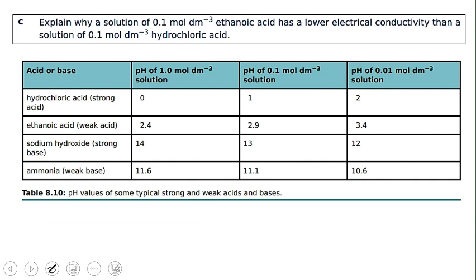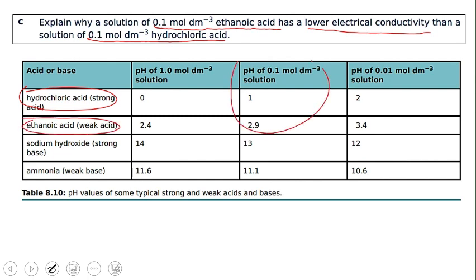Part C, explain why a solution of 0.1 mole per dm cube of ethanoic acid has low electrical conductivity when we compare it with the same concentration of hydrochloric acid. So we are taking hydrochloric acid and ethanoic acid, both at a concentration of 0.1, and we are comparing them. We are saying why ethanoic acid can conduct less electricity as compared to hydrochloric acid of the